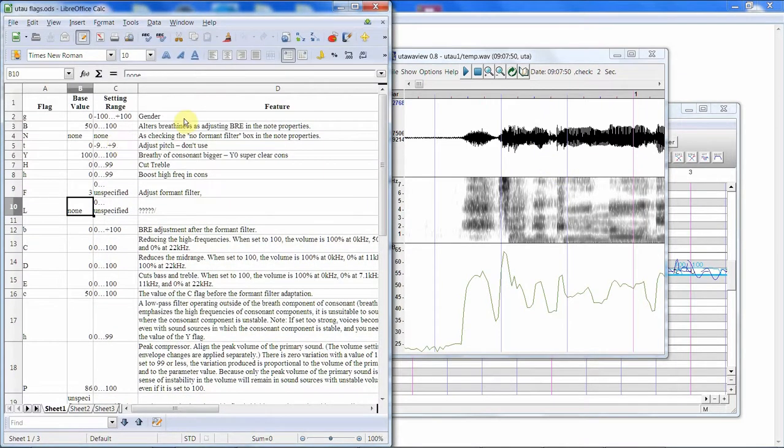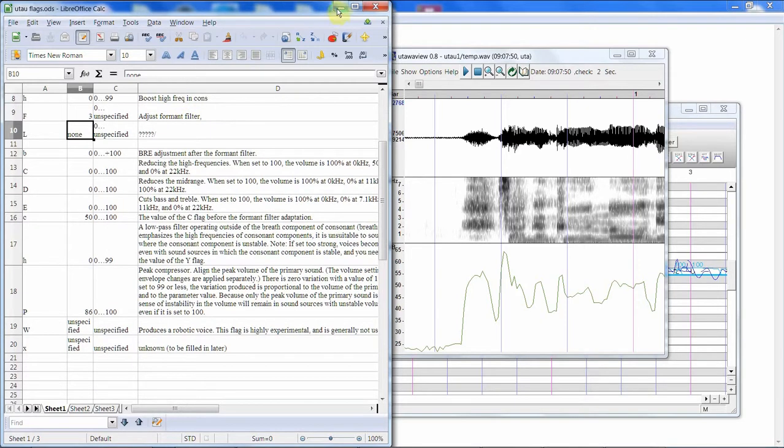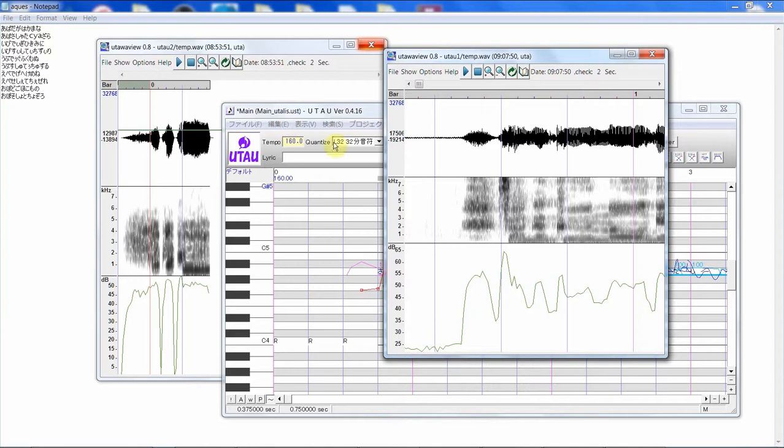Also, all these flags make my head hurt. They shouldn't. I have no idea what's going on. Anyway,